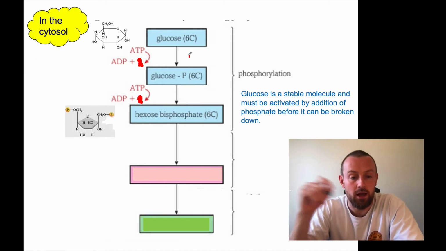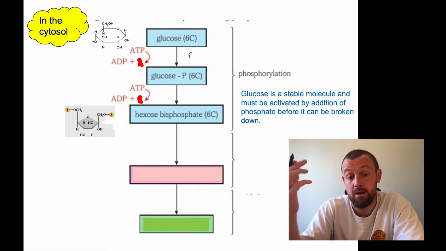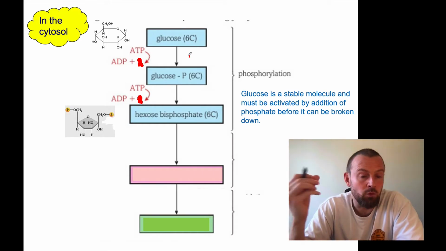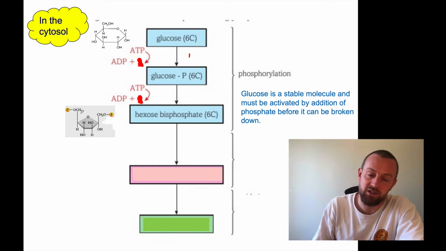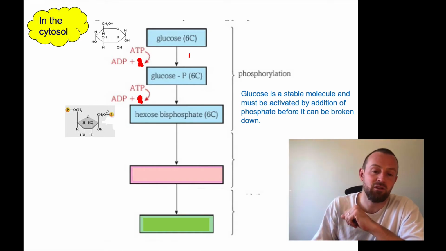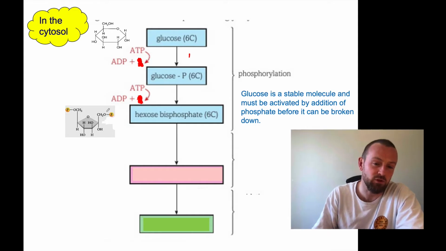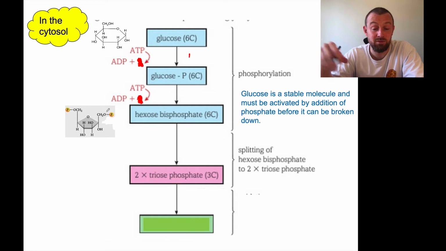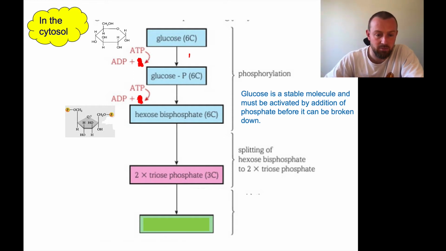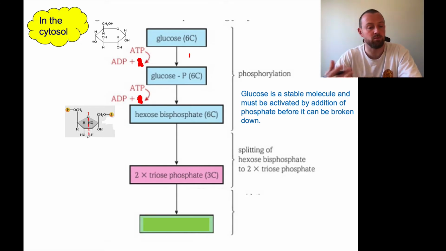Okay, so what does it look like? You don't need to draw this diagram. This is just for your imagining of what it's like. That's what it looks like now on the left there. So it's a glucose. Well, actually, it's fructose now, but it has a phosphate on either side. It's a hexose with 2 phosphates on either side. So now we can split it. We can split it into something called triose phosphate, which is a 3-carbon molecule. You could almost imagine it as just cutting it down the middle like that. It's not quite accurate, but it's pretty much like that. So we split the hexose bisphosphate into 2 times triose phosphate,